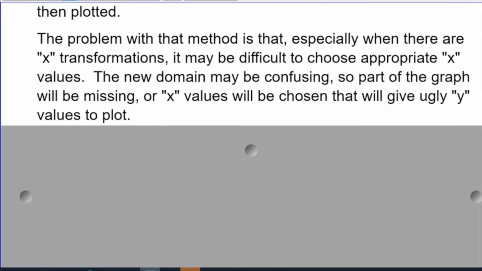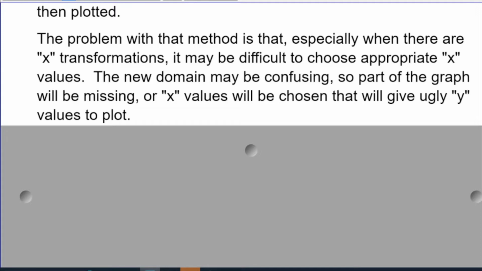when there are more complicated transformations, so let's say the graph is being compressed horizontally, shifted left or right, and specifically for the x transformations, it might be difficult to figure out what x values to use. Because if the graph is shifted to the left by 15 points or 15 steps, and then is compressed by a certain amount or stretched by a certain amount, well, how far to the left do we have to choose our x values to start in the table of values to be able to actually see what's